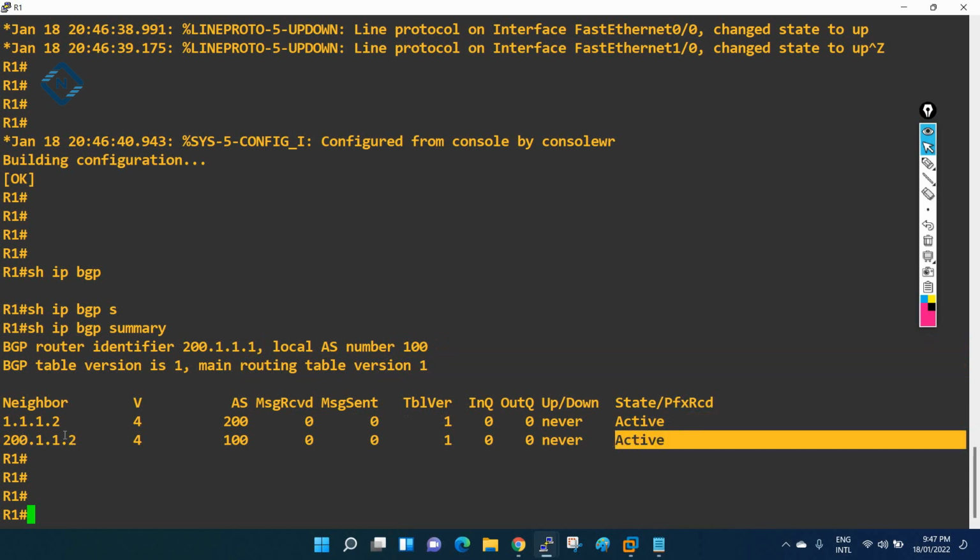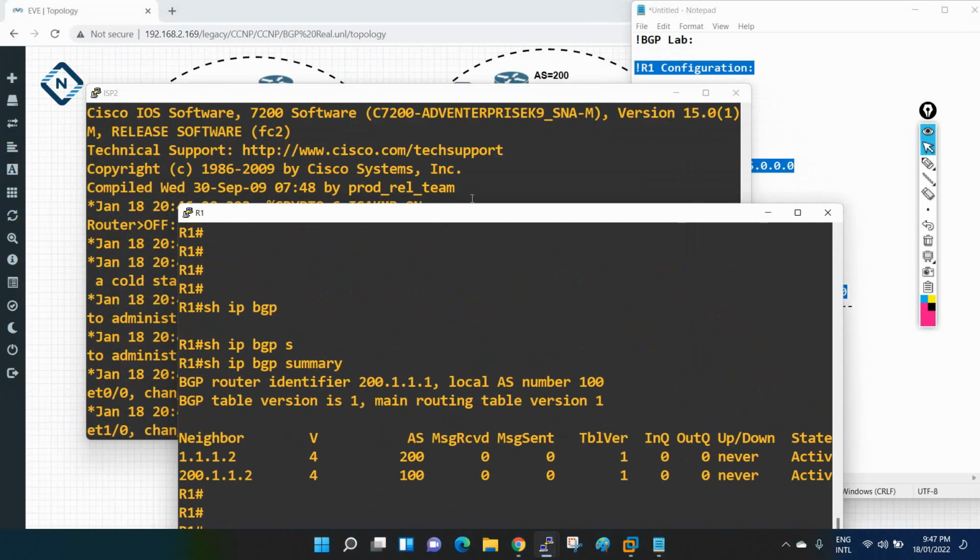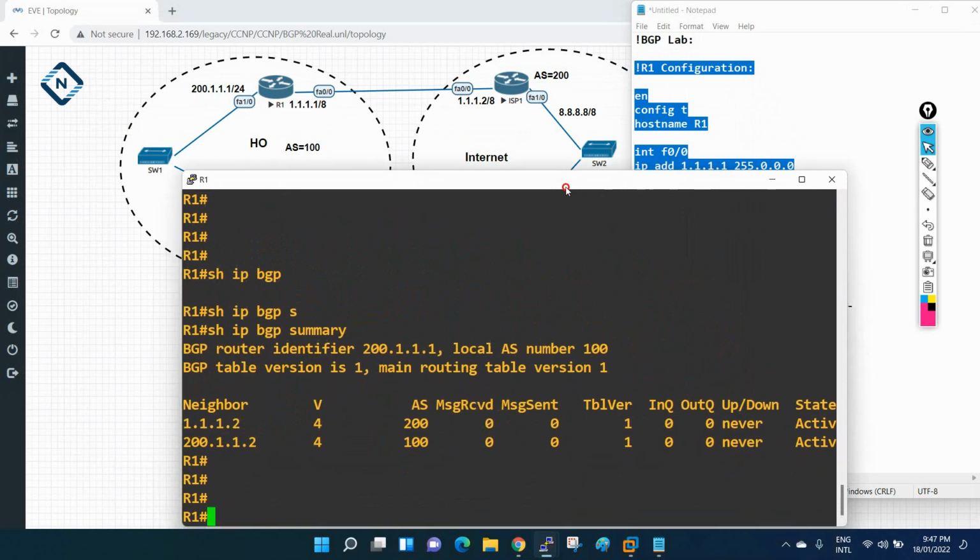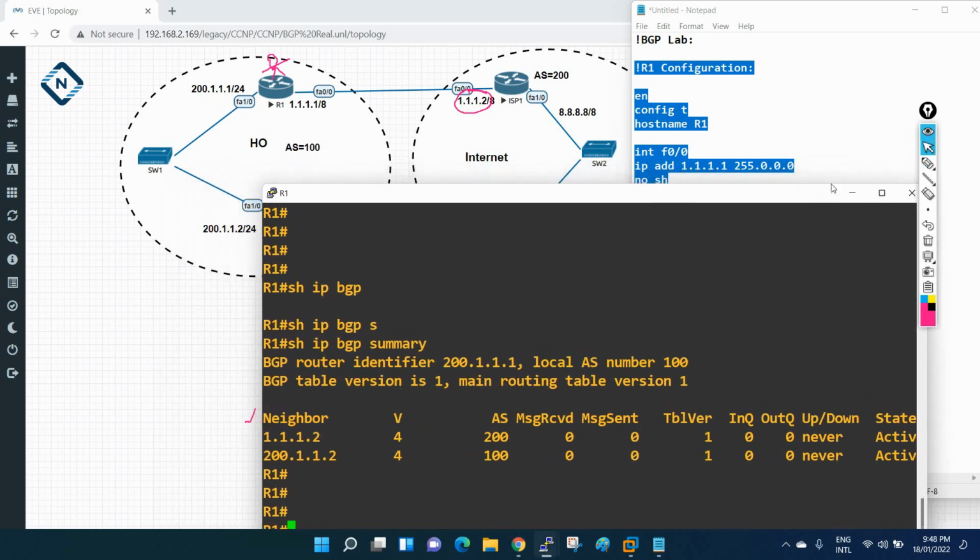I have two neighbors. This is 1.1.1.2. I am here in the R1. If you see, let me show you what issue we have here. You will get this in the troubleshooting, in the CCNP ENCOR. Now let's understand the concept. I am standing here, and this is my neighbor 1.1.1.2, and my another neighbor is here. Let me show you. This is my another neighbor, this one.